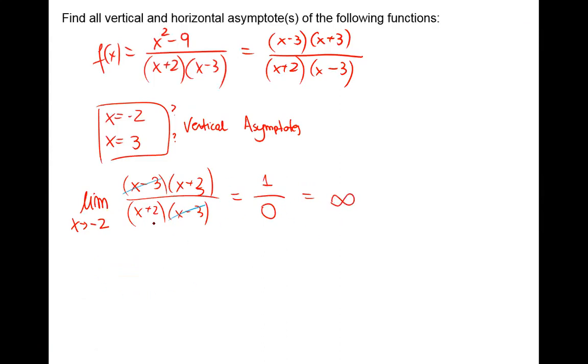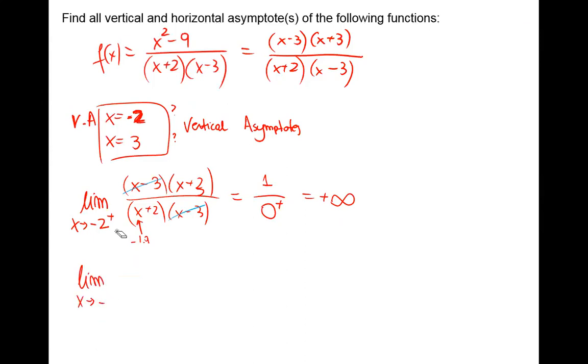Of course, I have to make sure if this is -2 from the right-hand side, this will be like -1.9 plus 2, which will give me positive. That means it's enough, because it's enough to prove that one limit is infinity. That means this is definitely a vertical asymptote at -2. Okay? But computing a limit